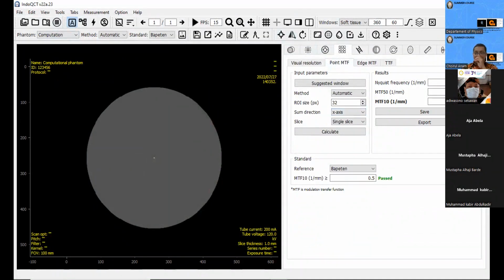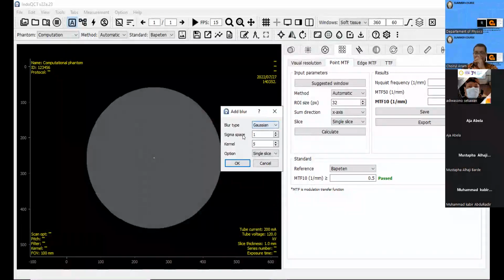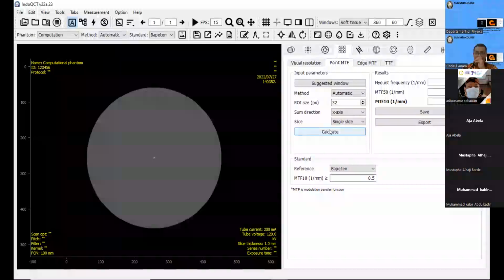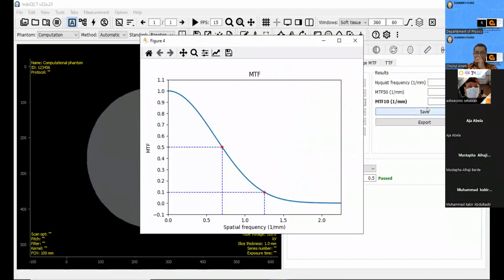This is the 1.7. And if I add the blur, using this one, and I add again 1 pixel, and then okay. We can see here that the image has added blurring. And if we calculate again, this is a lower MTF. The MTF will be